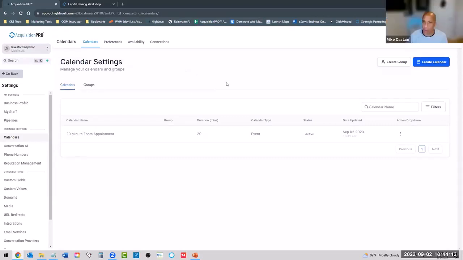All right. And then you could create multiple calendars for the different types of meetings and different lengths and stuff. Yeah. Yep, that's correct. You absolutely could. All right. Is that groups relevant